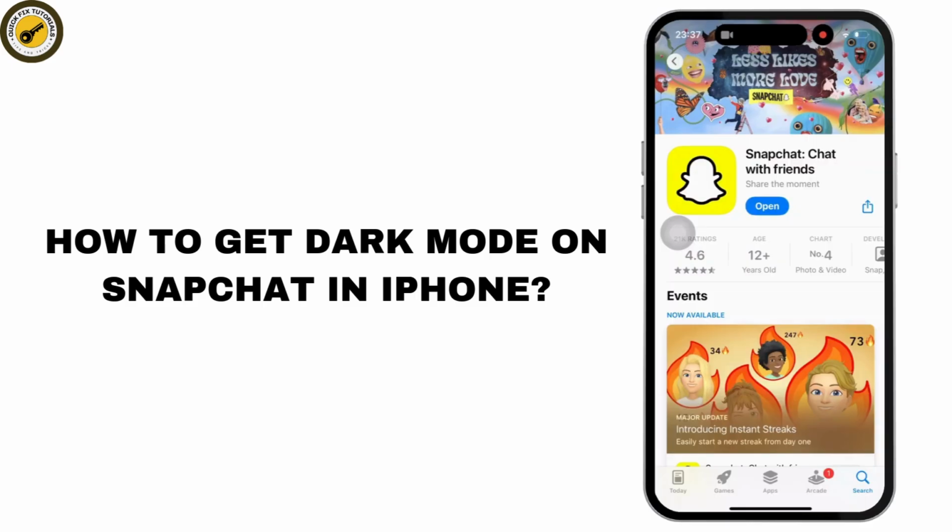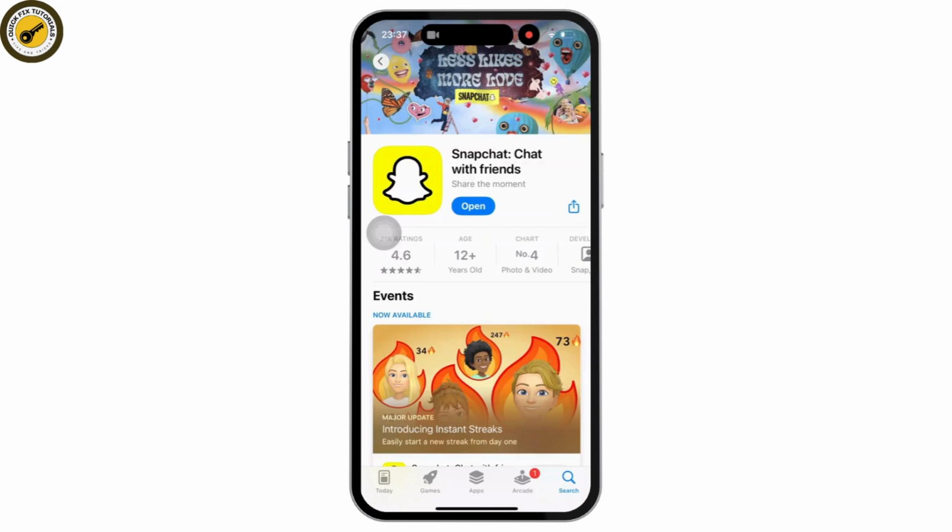How to get dark mode on Snapchat in iPhone. So let's get started. Firstly, open the Snapchat app on your mobile device and make sure you are logged into